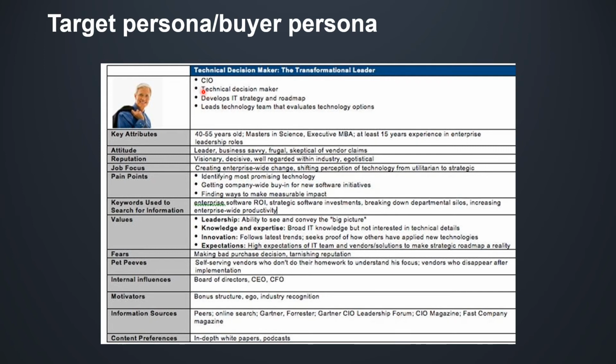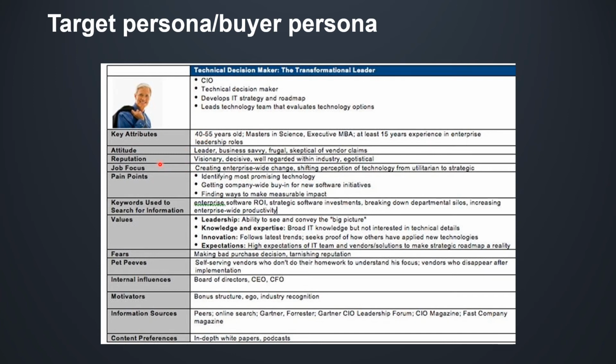Once you figure out the job title and the key attributes, like he or she might be slightly in this range of age, like 40 to 55. Obviously people who are at the executive level might not be 18 or 20, unless that person is a CEO of a company. Actually, you know what, it should be between 35. I mean, you can see young executives in different industries, but basically that's an idea of key attributes.